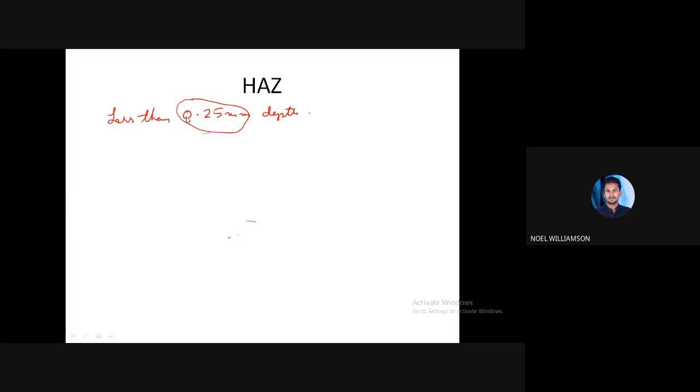The amount of this recast layer, or the depth of the heat affected zone, how much the zone is affected, is determined by the pulse duration, energy per pulse, spot size, thickness, etc. So the factors affecting the heat affected zone and recast layers are: first, pulse duration, then energy per pulse, then the spot size, and finally the thickness of the plate.